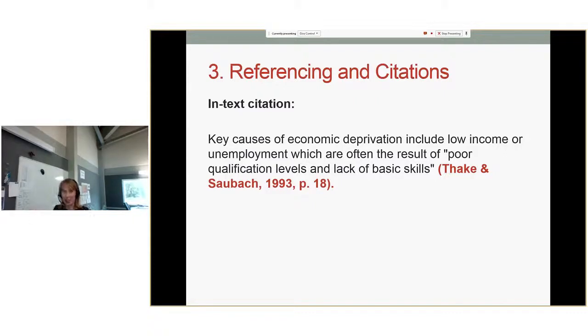So what we can tell from an in-text citation is who wrote it, when they wrote it, and what pages it's come from. You only need to put the page number if you're quoting or if it's a very specific idea. So if they've talked about something on one particular page, you might want to put the page number. If you're saying that Thake and Sobach have a general theory that you're referring to, you don't have to put the page number because you're referring to their whole book or article. At this stage, we don't actually know what type of writing this is. We don't know if it's a book, a chapter in a book, an article. We have no idea, and that's why we have a reference list.